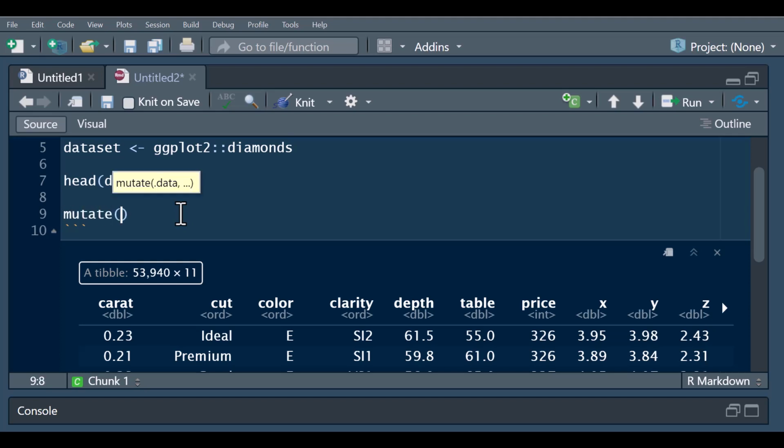The mutate function takes your data as its first argument, which is the diamonds dataset. Then the next is going to be the column transformation. So what do you want the new column to be? Our new column is going to be discounted price. And this discounted price, you say, is going to be price